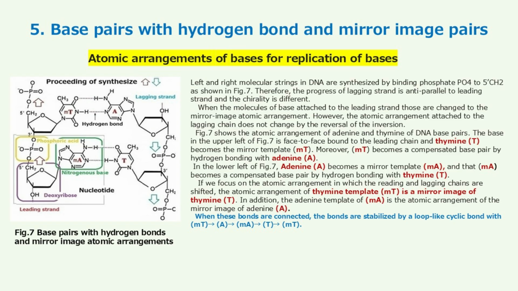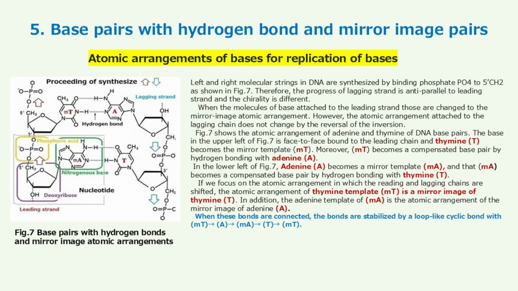Fig.7 shows the atomic arrangement of adenine and thymine of DNA base pairs. The base in the upper left of Fig.7 is face-to-face bound to the leading chain, and thymine T becomes the mirror template MT. Moreover, MT becomes a compensated base pair by hydrogen bonding with adenine A in the lower left of Fig.7. Adenine A becomes a mirror template MA, and that MA becomes a compensated base pair by hydrogen bonding